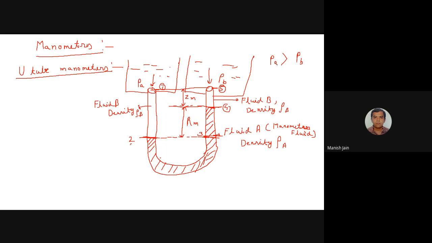Now here you have the pressure PA, here you have the pressure PB. Now you can write the force balance by using the equations which you have studied, the hydrostatic equilibrium equations, for an incompressible fluid. Okay. So you can write